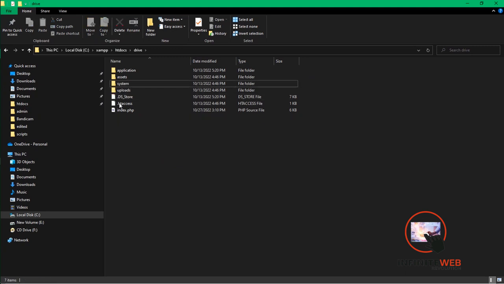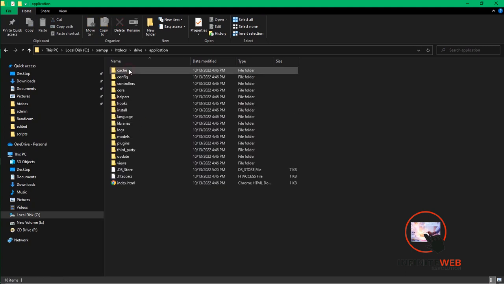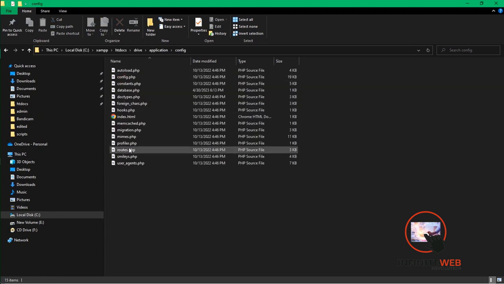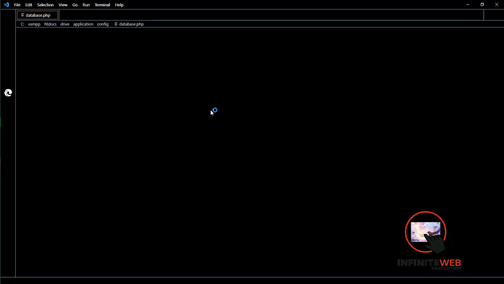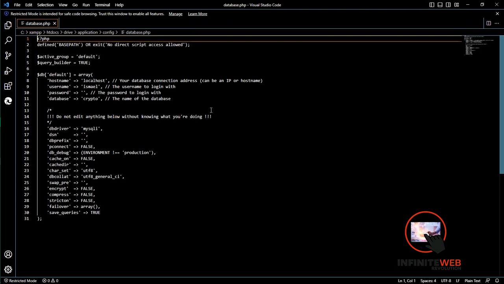Okay, so this is it. So make sure you have extracted the .htaccess file and this index.php. So make sure those two are extracted. So from here you simply open application, open config, go to database.php. Yeah, on database.php. So from there, now from database.php, you now need to locate